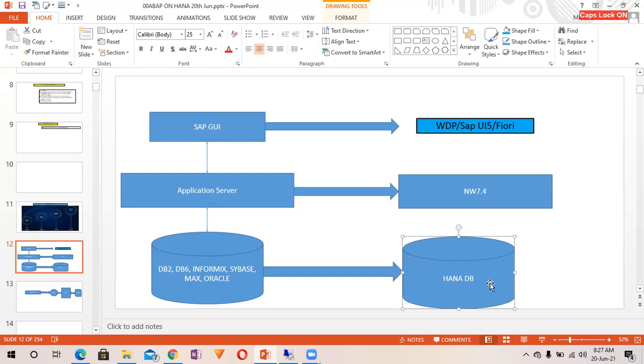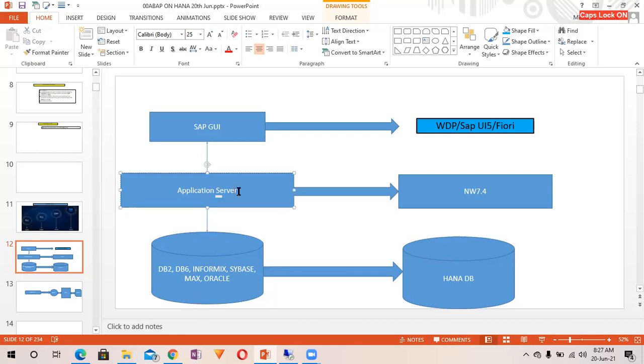Because it's very powerful, we would like to leverage the power of HANA, right? So what we used to do earlier, we used to fetch the data from the database and get the data over here and try to process our data by writing the logic, loop at internal table into work area, and then all the processing we used to do over here at the application server, whether it is aggregation. So any kind of business logic we are not supposed to write over here, right?